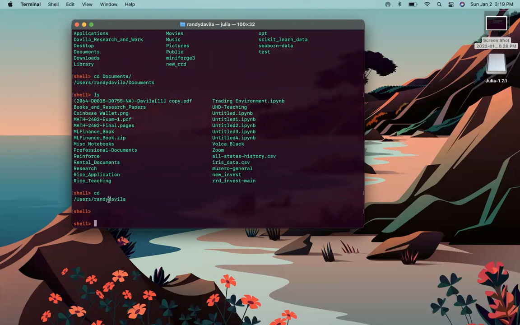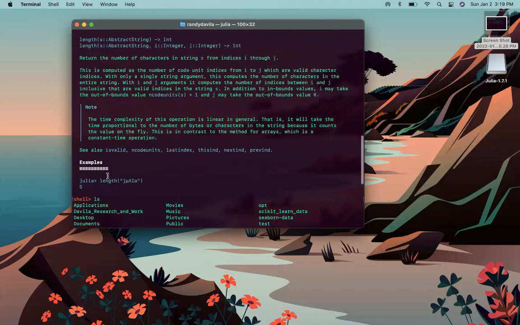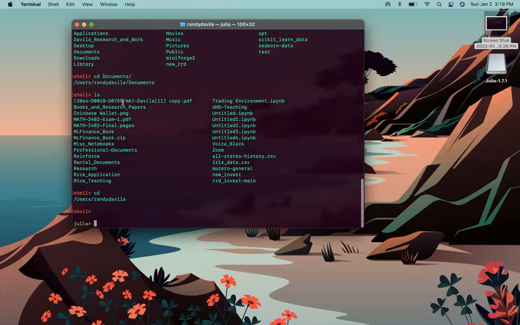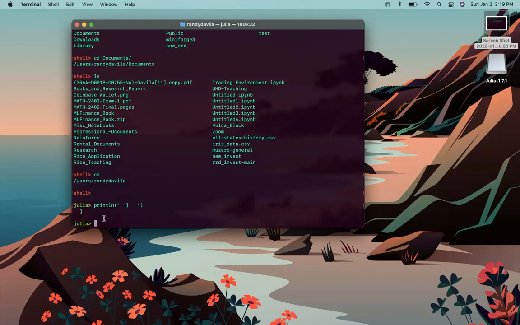So to exit out of shell mode, I just press delete, and then I'm out of it. So we have the help mode, the shell mode, and then next up we have the package mode. So the right bracket, that symbol right there, if you press that bracket, you automatically go into the package mode. So this is where you can add all of the necessary packages that you might need to your current version